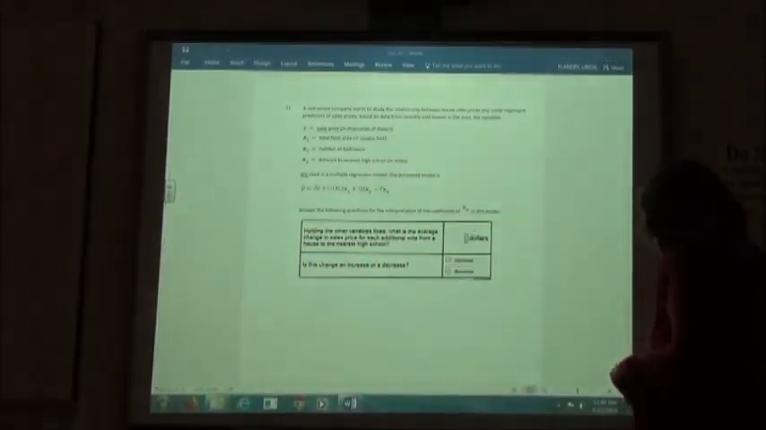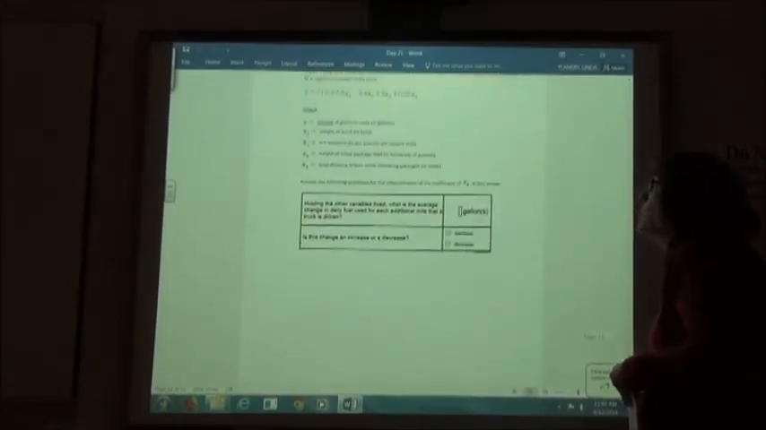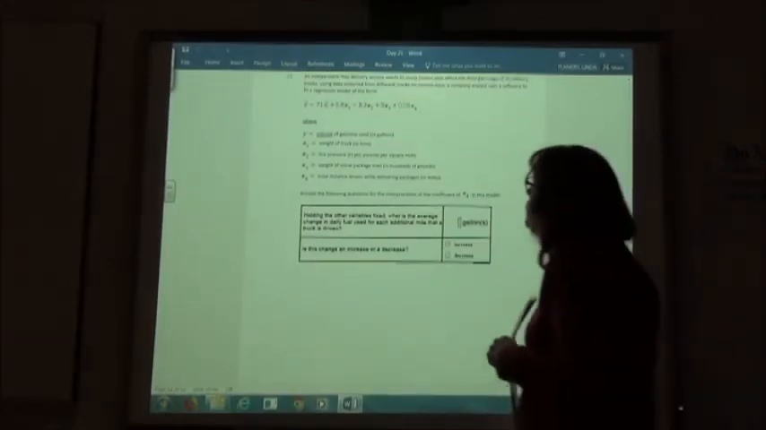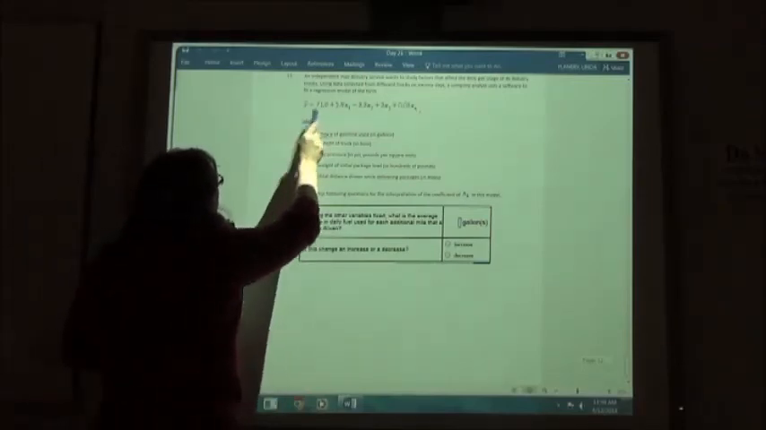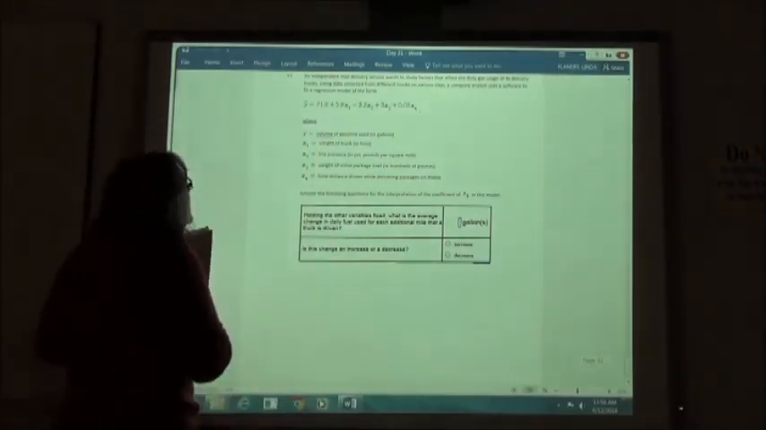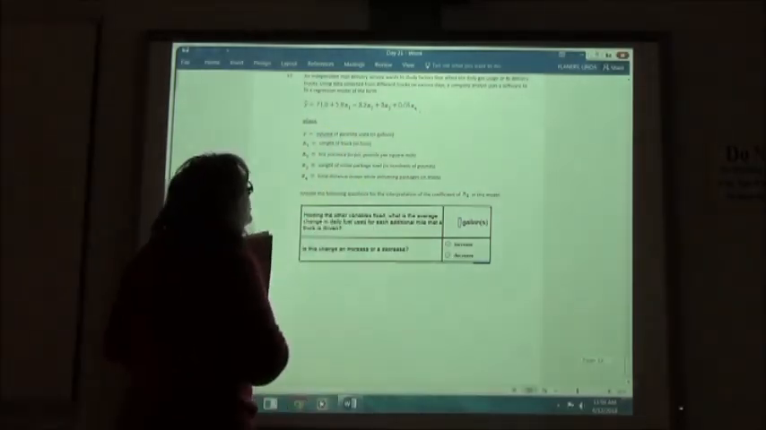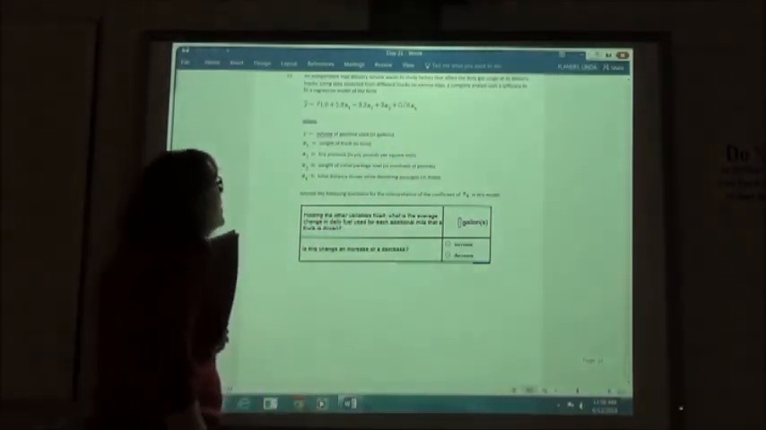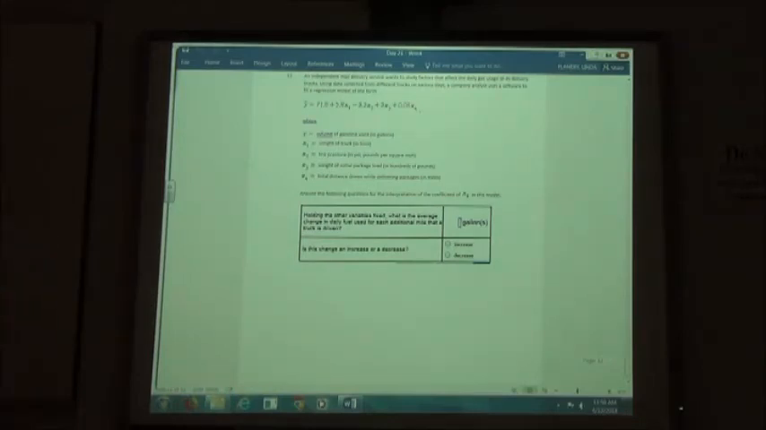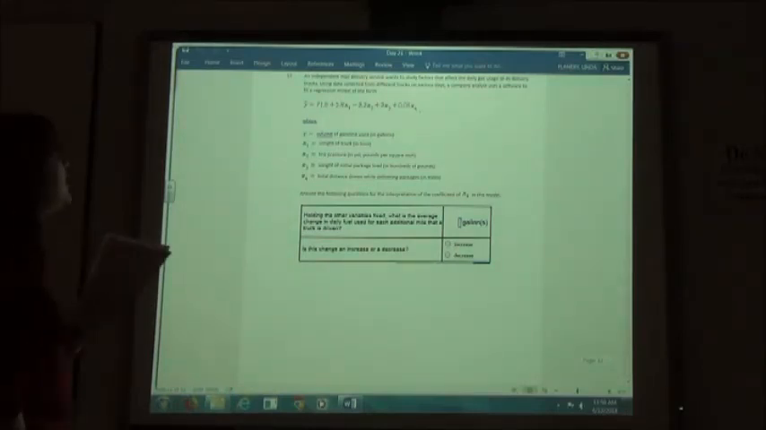And one last one here on this homework page. An independent mail delivery service wants to study factors that affect the daily gas usage of its delivery trucks using the data collected from different trucks on various days. A company analyst uses a software to fit a regression model of the form y hat equals 71.6 plus 5.8 times x sub 1 minus 3.2 times x sub 2 plus 3 times x sub 3 plus 0.5 times x sub 4,